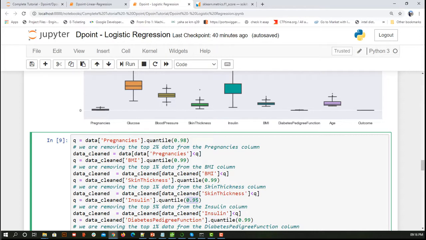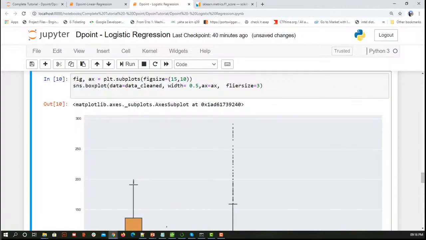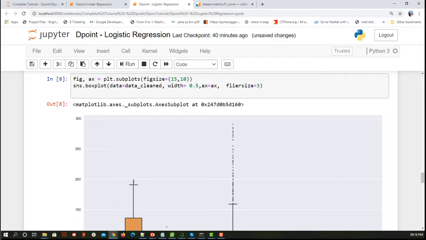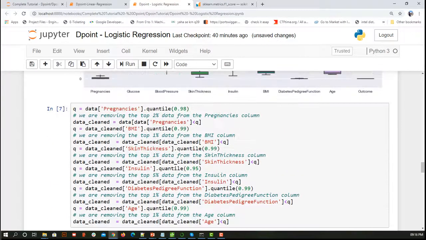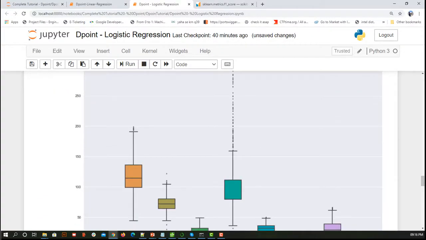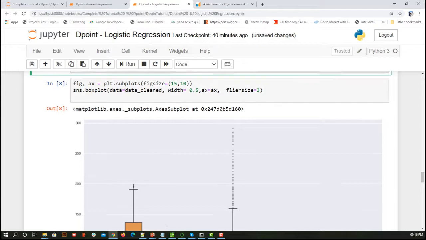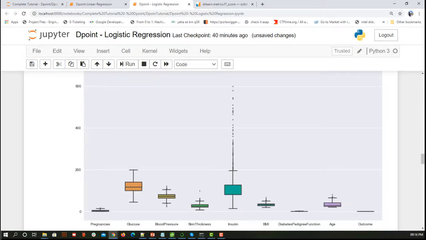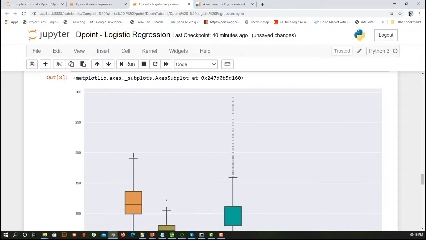But this is not the only thing. After you remove the outliers, you can plot it again. After you plot it again, you can say I still have too many points, right? So what did this function do for us? It removed outliers, but I am able to see the current graph on a different scale. Let's go to our previous graph, and you can see previously my outliers were reaching 800, 600, 400 in the insulin. Now I have removed many outliers, and I can see it is 300, 250 and 200. So a lot of the outliers are removed.